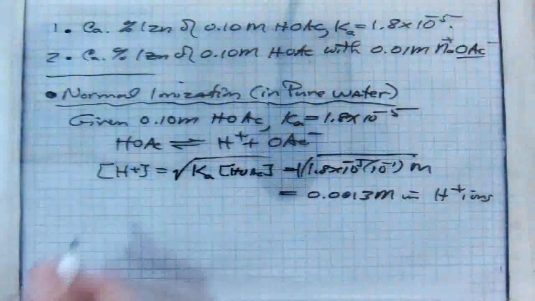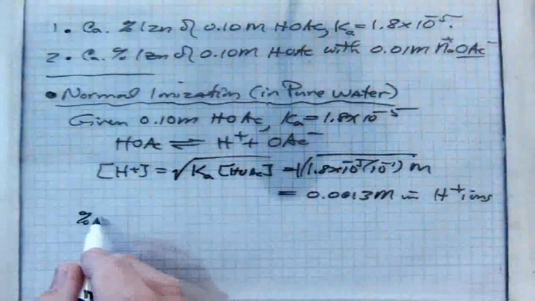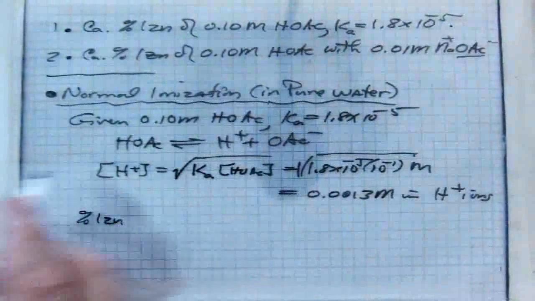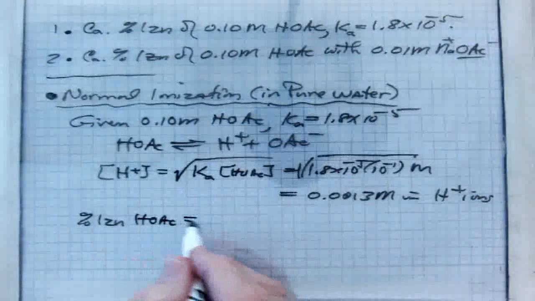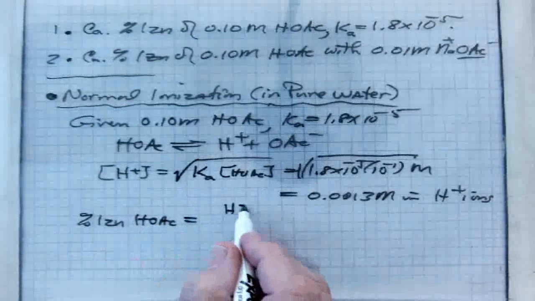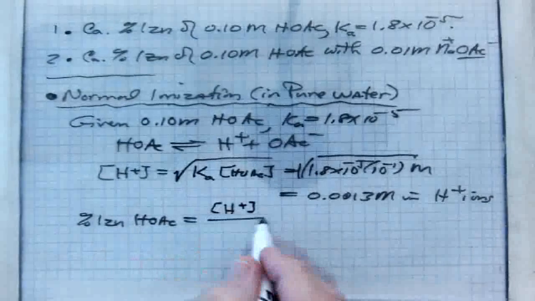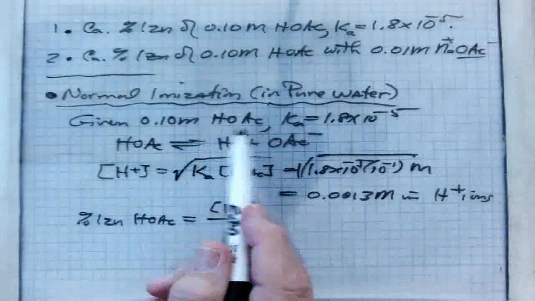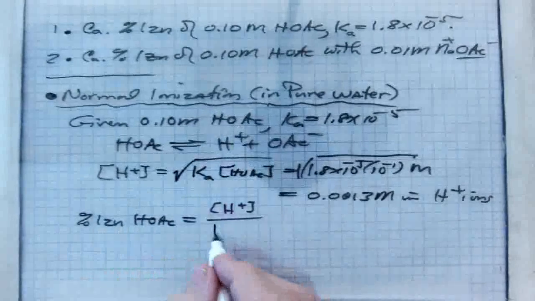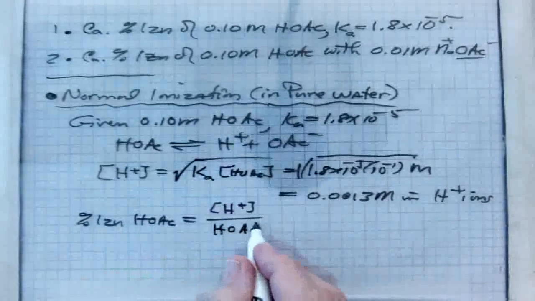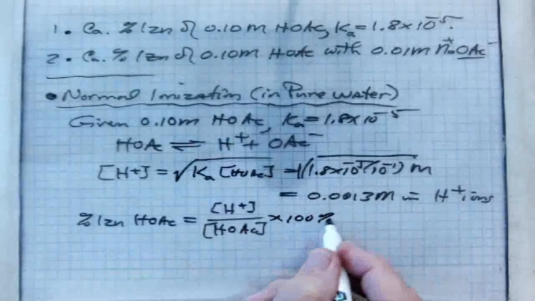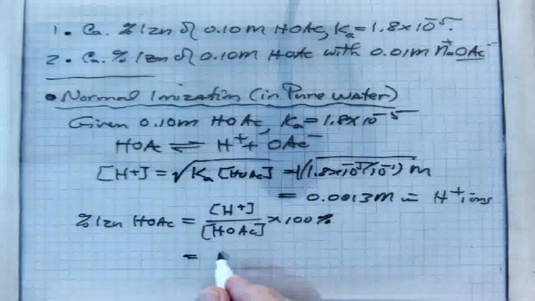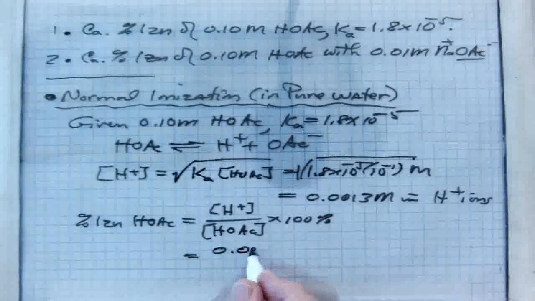Right there. So now we want to compare this process in the pure water with something that has one of the ions already present, and we should get a number less than that value. So I'll move this up here, and we'll keep it visible as we go through. So now we want to calculate percent ionization of 0.10 molar acetic acid